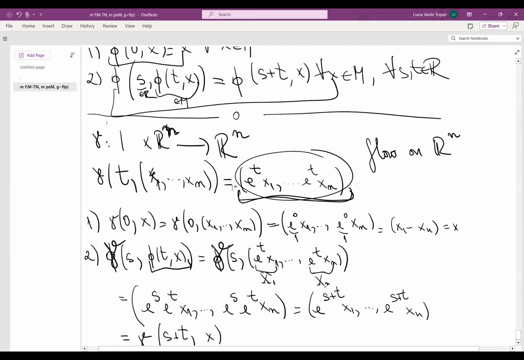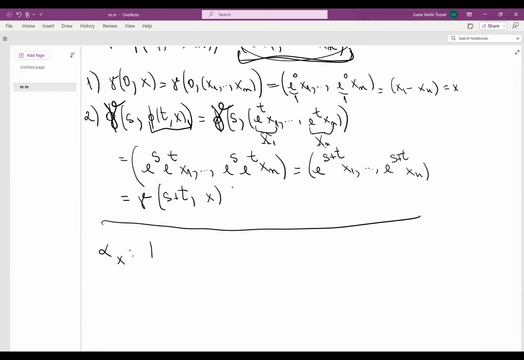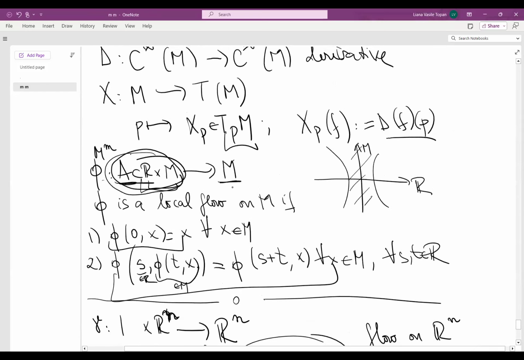So we know now what a local flow is, or a global flow, when it can be defined on the whole set. And then we are going to define the map alpha x running from Ix. Now Ix is simply, you see, when you have this is your A, this is the set A. Ix is the intersection between A and the slice at x, right? So it's this kind of interval, something like that.